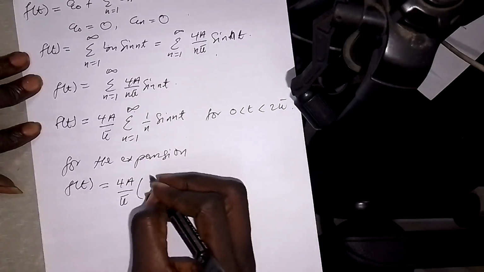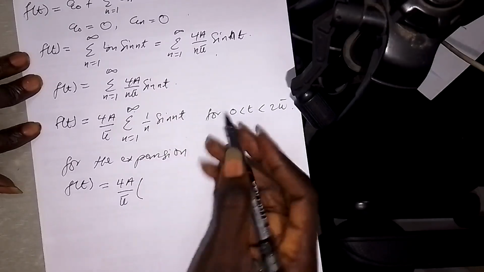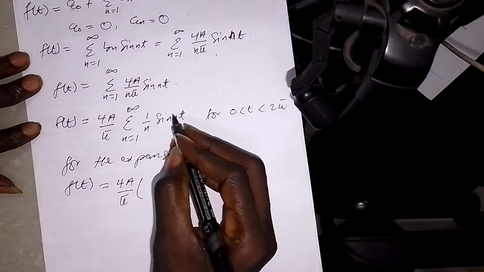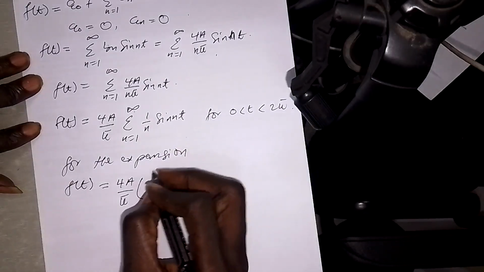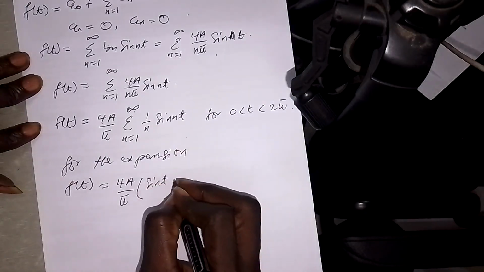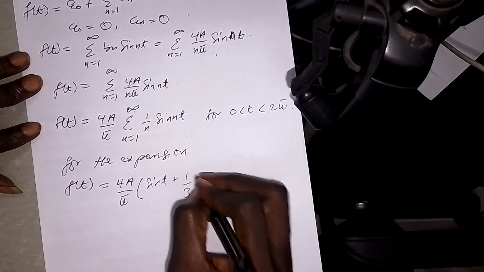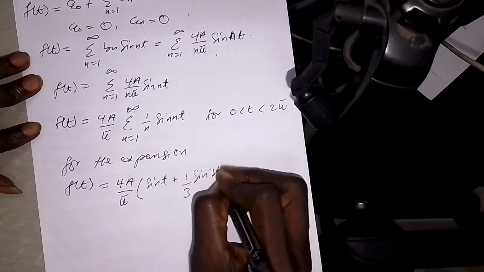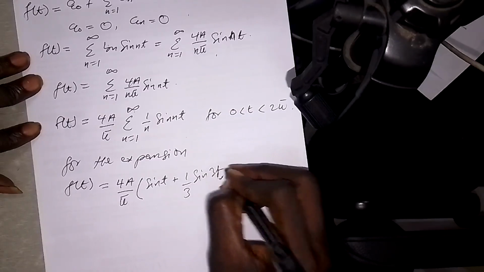If I put in 1 over 1 sin nt, it will be sin t, because if n is 1, the denominator becomes 1. If I put in 1 over 3 sin 3t, plus